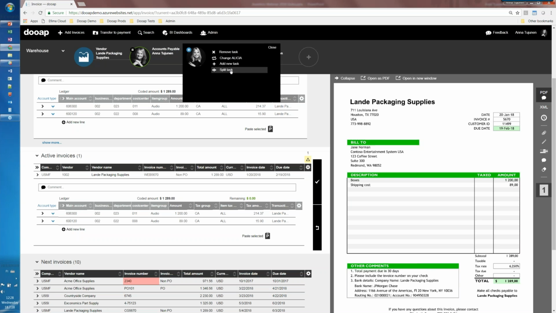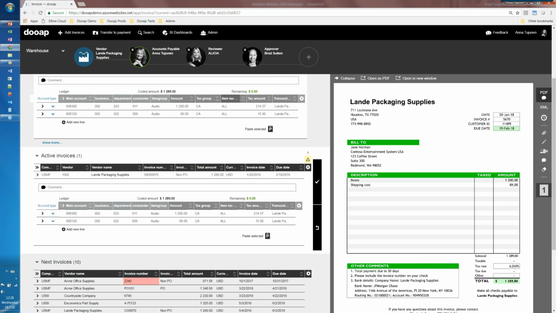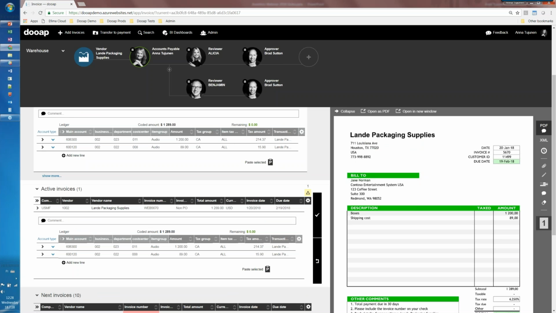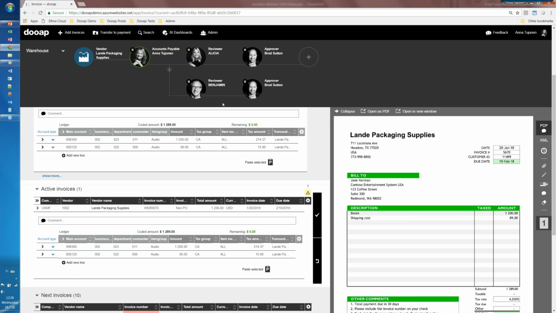So if I see something that I want to change, I'm able to click that and get the selection window open. For example, for this invoice, I want to actually send this to 2 different people. So I want to split the task. So I want this invoice also to go to Benjamin. So when I click the part that I want to change, I immediately get that selection from there. And if there is something that I'm not allowed to do, for example, removing this approver task, here you can see that we have that information, and you easily understand why you can't do a function, and you're able to find the correct information in the correct places.